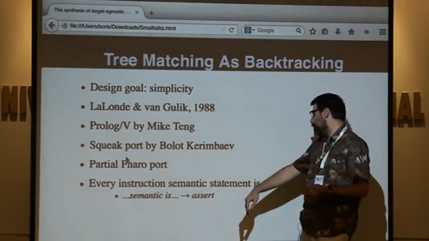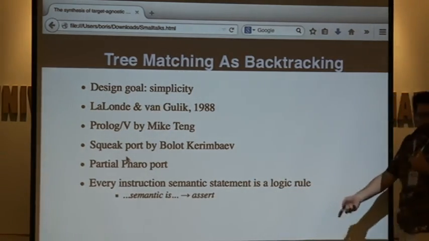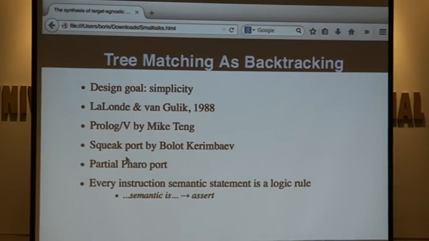So what we do is when the PetitParser encounters one of those instruction semantics, it issues an assert into the Prolog database.